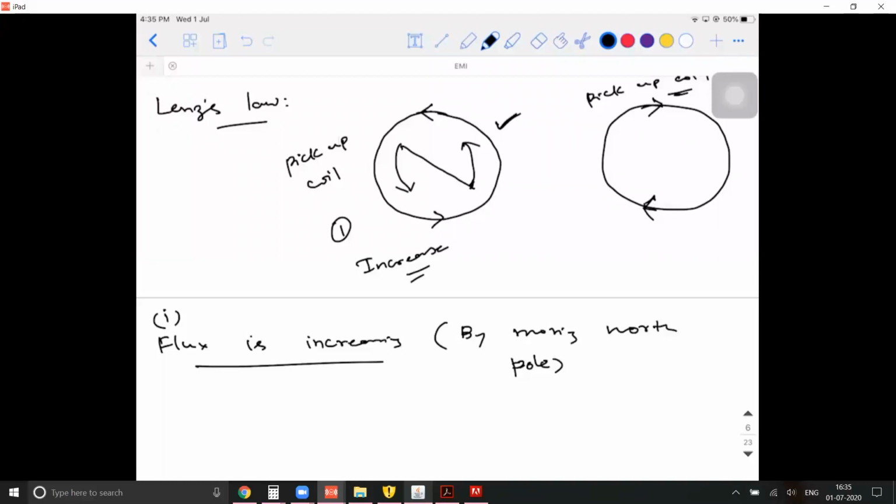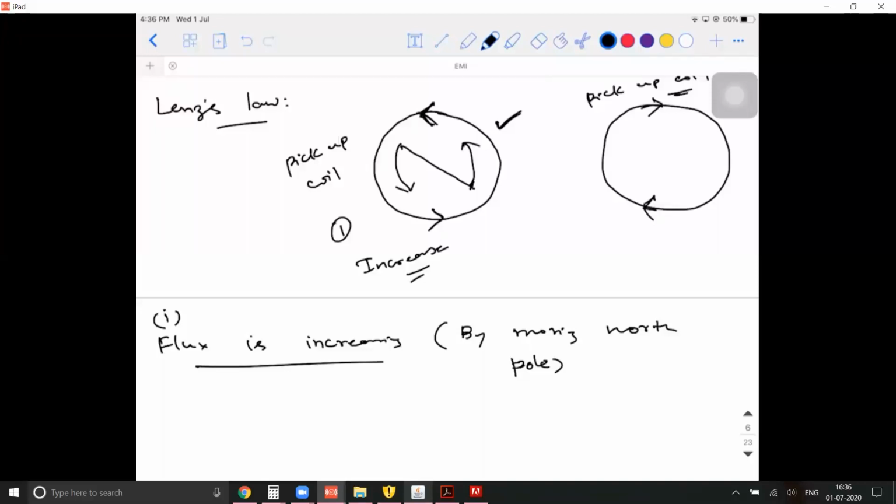And who is giving this current to it? Is it having this current by itself? No. It is because of the magnet which you are moving towards it that it is getting the current. But the current is getting induced in which direction? It is getting induced in such a direction that it is trying to oppose the cause. What is the meaning of oppose? Which pole can oppose the North Pole?